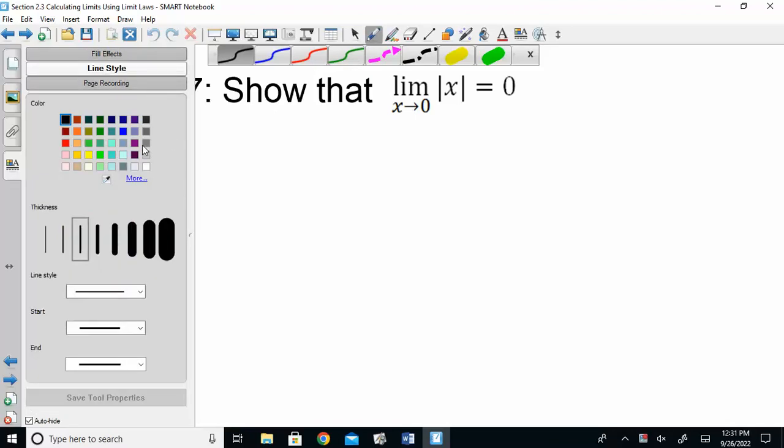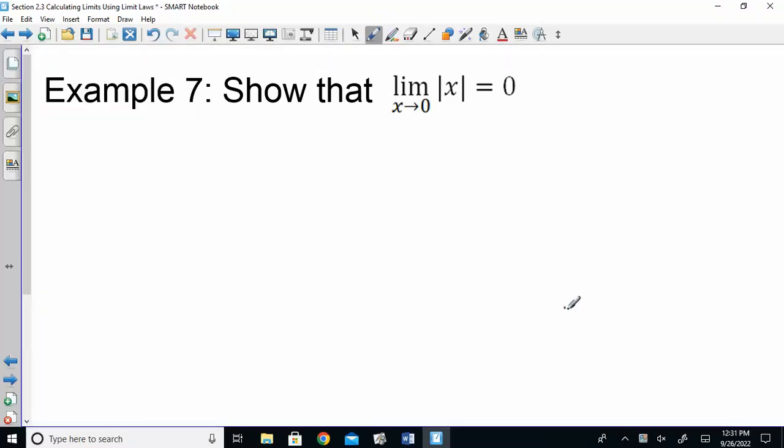Okay, let's look at this one. So, with absolute values,